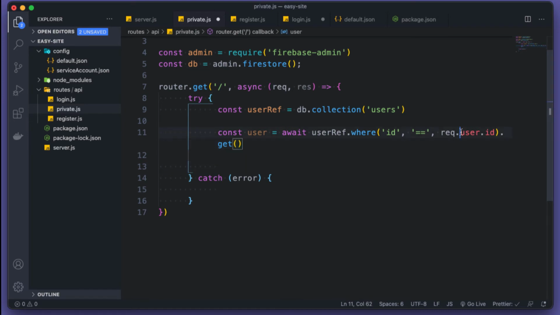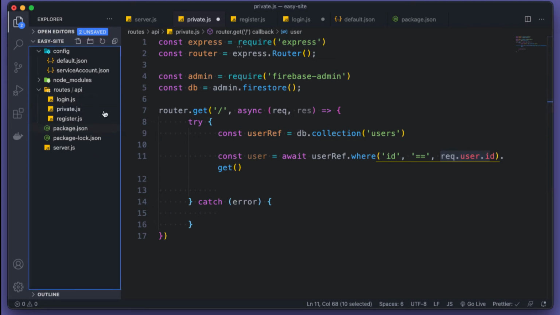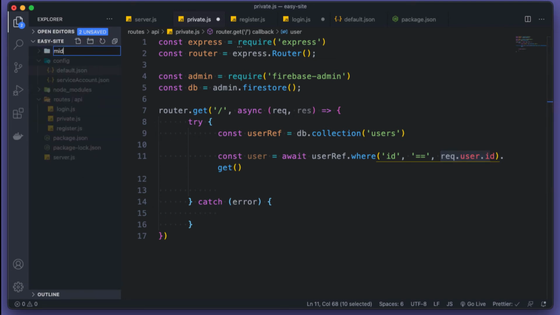Okay, so right now our request doesn't have anything here. We're gonna need what is called a middleware. Okay, we need to verify our token first to check if our user is logged in. If that is true, then we can get access to this data. So let's create our middleware first. In the root directory, create a new folder and call it middleware. And inside this folder, I'm gonna make a new file called